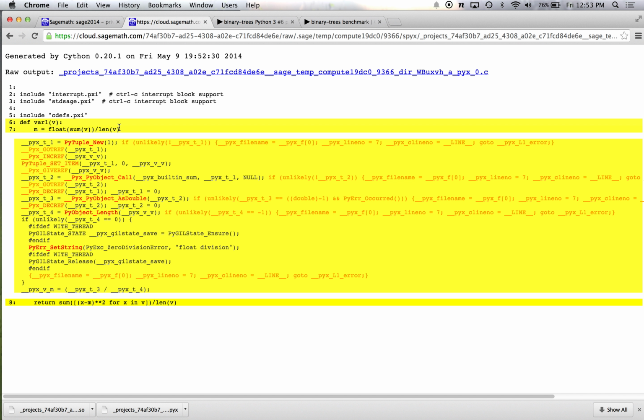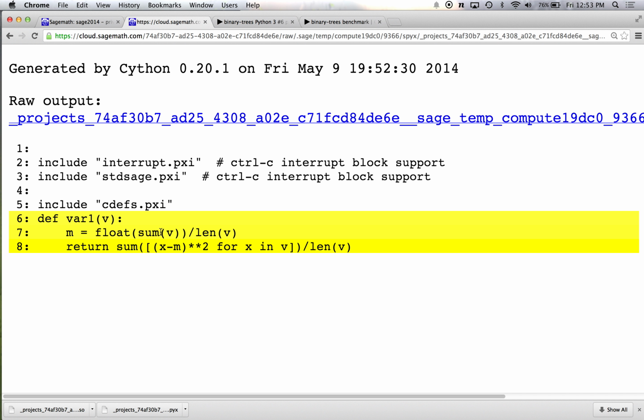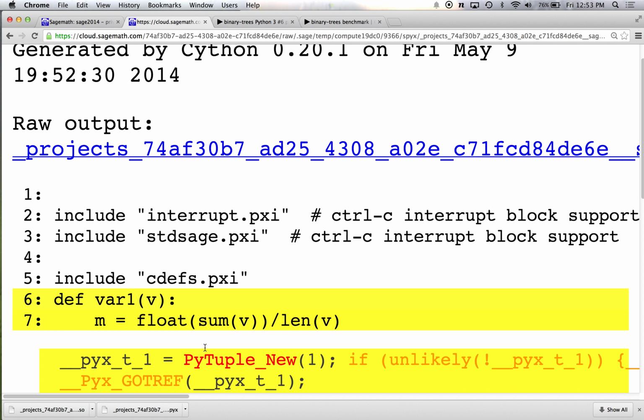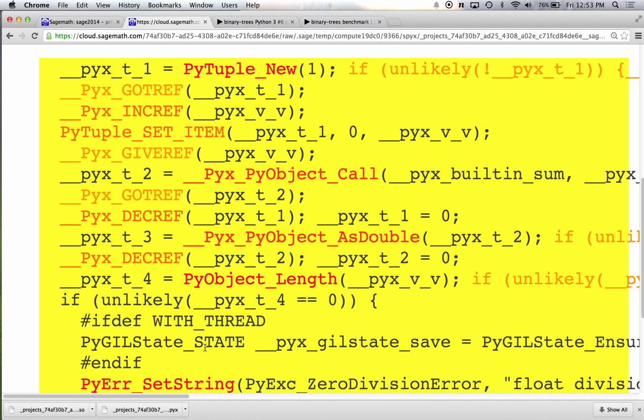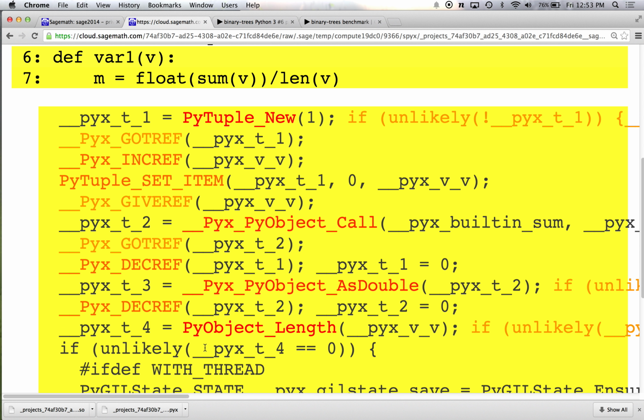The first line gets converted. What happens here is this shows each of the lines of code that I typed, plus some little header information. And when I click on a given line, it expands it to show you the corresponding C code. So that one line gets turned into all of this C code. So it's really a whole bunch of code.